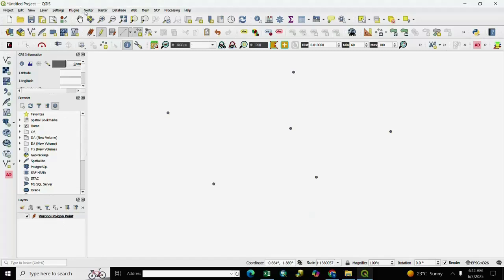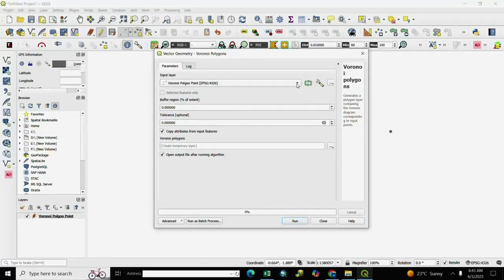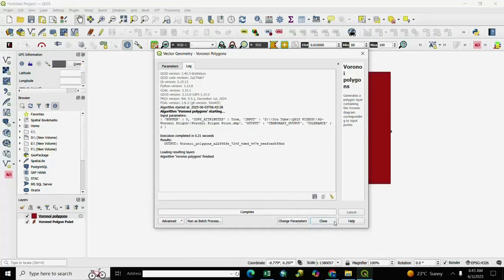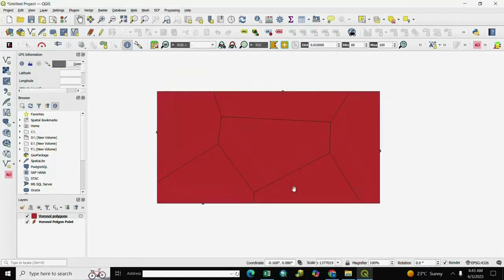Then we go to vector, geometry tool, and weber polygon, and select here point, then run and close it. You see here our weber polygon is created as per our point. In all point is outer polygon, and if you want to create a buffer for same point,